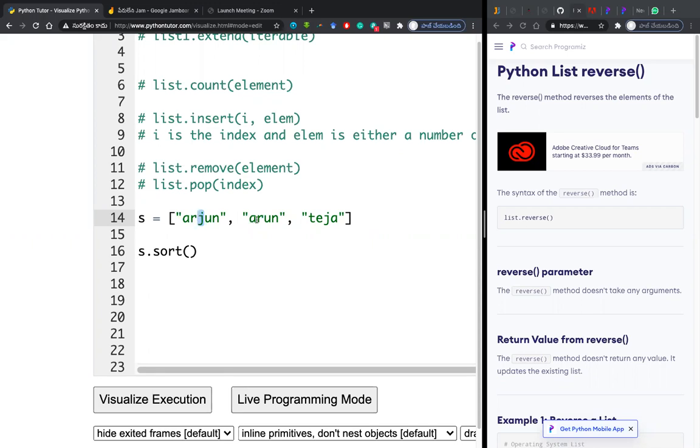So maybe Arjun, Arun, and Teja will be in order. The order might not change, so I will cut it down here. It is our assumption. We don't know how it is actually sorting it, but still I am assuming it. Maybe it is first comparing if two characters are equal. If they are equal, then it goes to the next one. R, R, they are also equal. Next, it will go to U and J. Based on this, J should come front and U should go back, right? And Teja always remains here because T is always greater than A. Let us see.